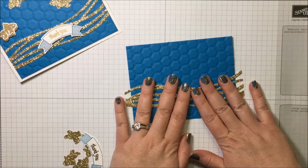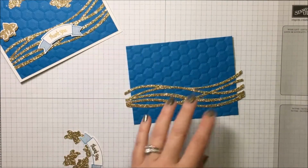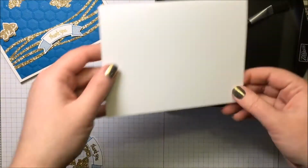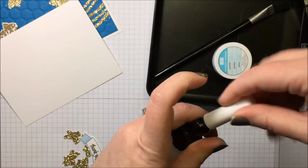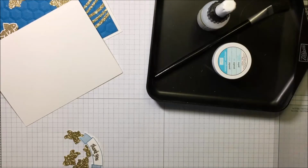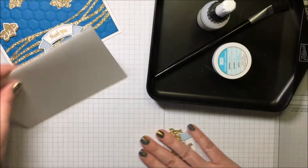And then you want to weight it with something heavy so that it has some time to sit for a minute. So I'm just going to put that tray right over it to kind of let it hang out and get stuck. I'm going to put my cap back on my fine tip glue pen. You always want to make sure you replace that right when you're done using it. And now while that is kind of hanging out, getting happy,